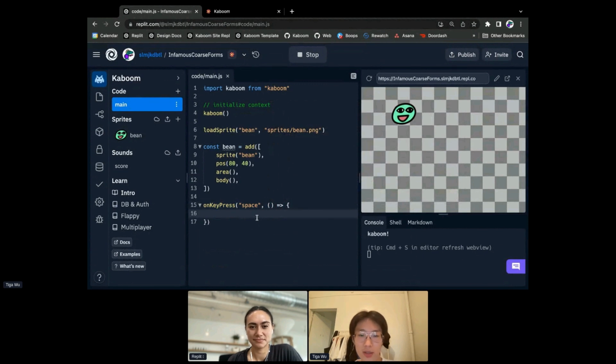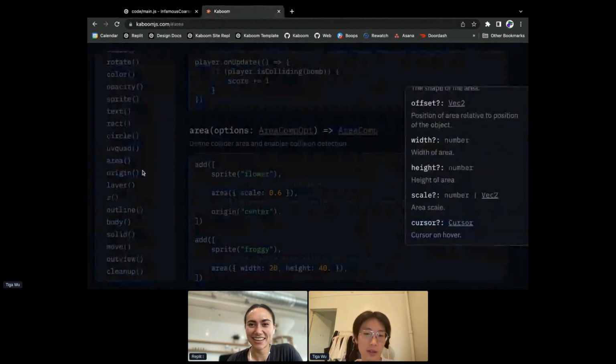In this case, let's register an event that runs when the user presses the space key, and let's call bean.jump, and let's see what this does. You can see I'm pressing the space key here, and the bean is actually jumping. So this jump function is provided by